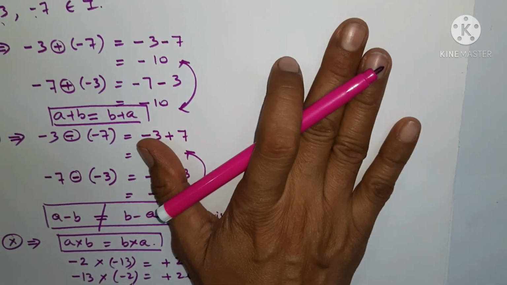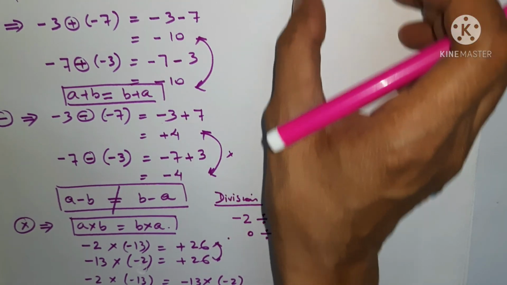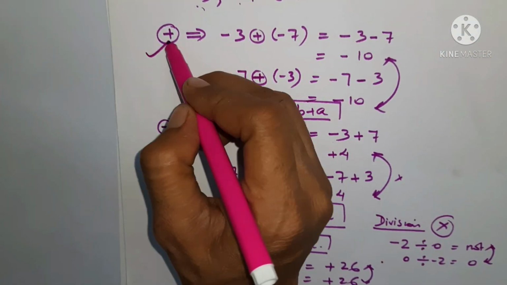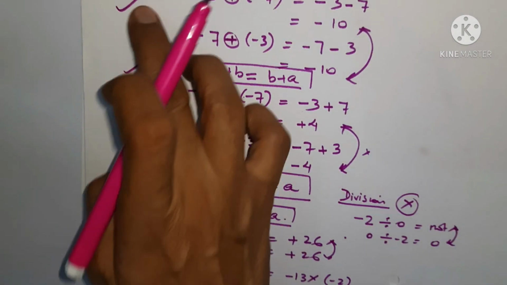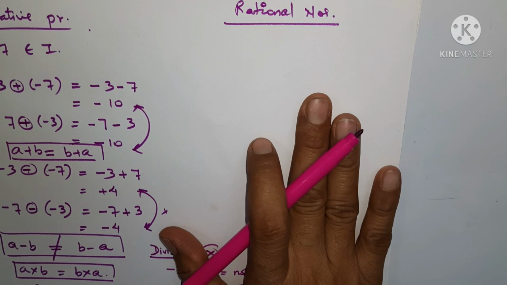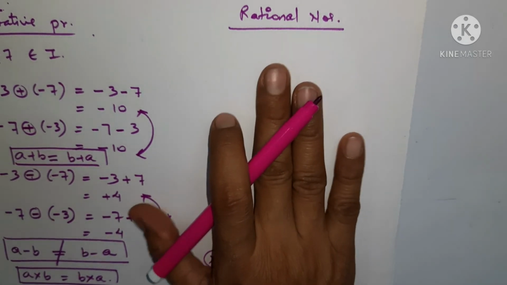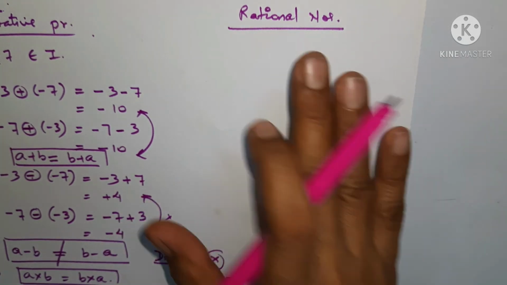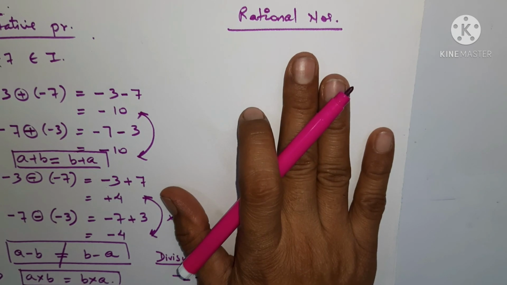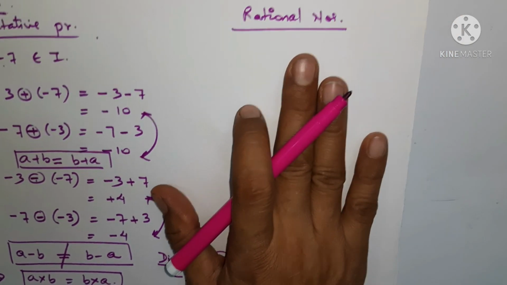answers in the comment box, so that I'll come to know whether you have understood or not. You just take the examples of rational numbers in these cases and try to find out whether plus, minus, into, whether these three are possible in cases of rational numbers or not. If you have any problem, you can again ask me. If you feel like you're not able to find out this property in rational numbers, I'm going to make another video and I'll be giving to you, but you have to ask for that. Okay, thank you.